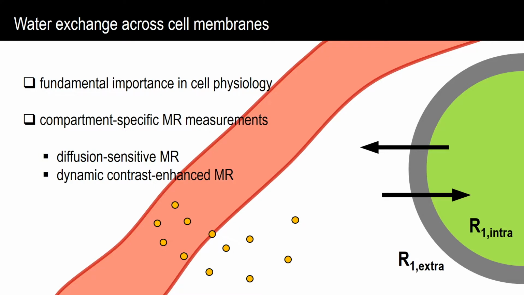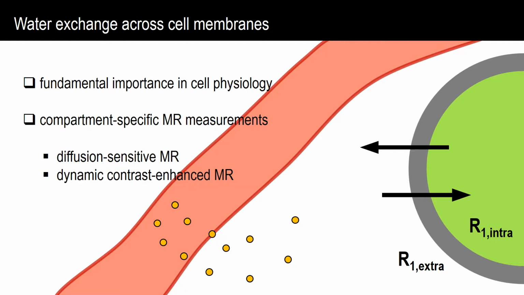Another example can be found in dynamic contrast enhanced methods. In some advanced DCE models, the kinetics of water exchange across cell membrane can be either one of the target parameters in the measurements or an important prior information in the modeling. And again, how fast this water exchange is will determine the detailed conditioning of the experiments or modeling. We have listed some very good reviews and research papers on these topics. Please go to our full-length paper for the details.